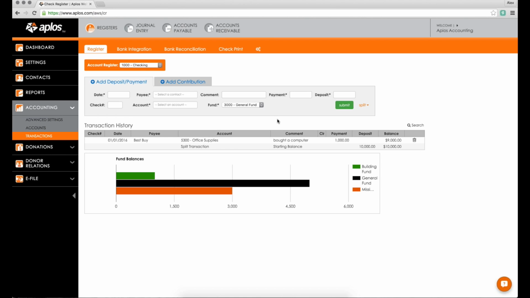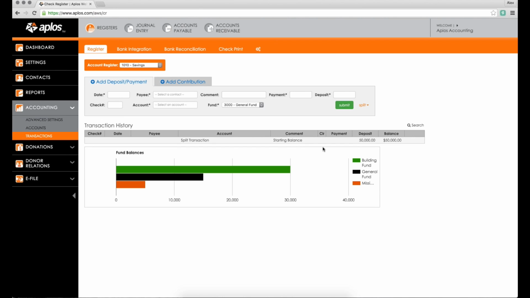Okay. So at any given time, you can see your fund balances like so. You can even switch over to your other checking accounts, like my savings. There's my starting balance there, so I can see kind of the fund breakout for that account as well. And that's how you get started to enter transactions once you've created your chart of accounts again and put in